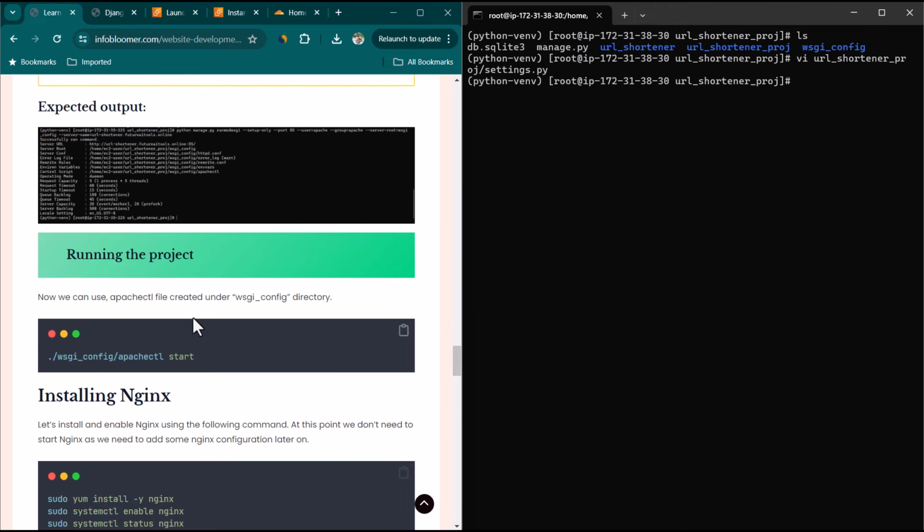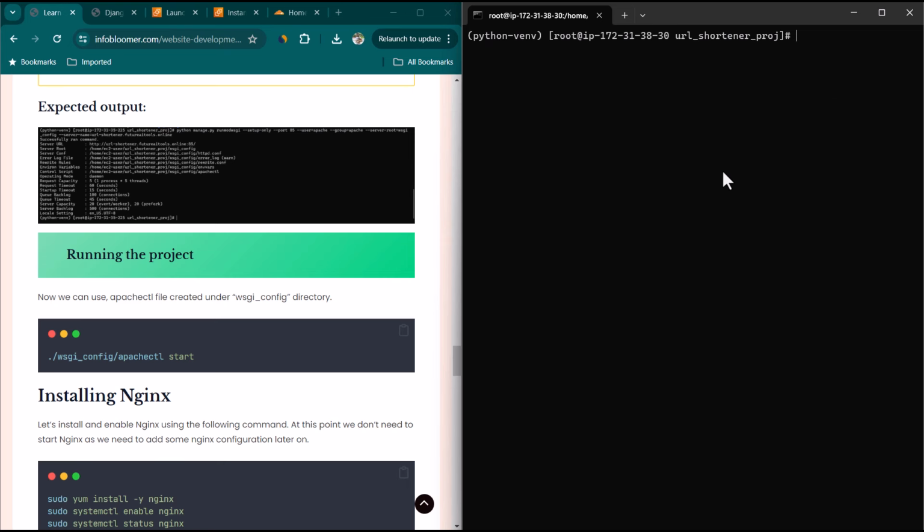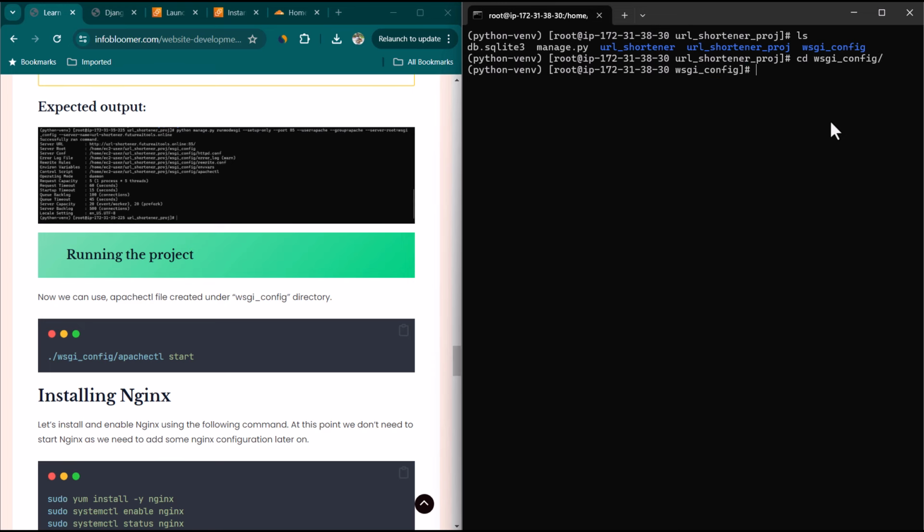Now we can go ahead and start it. So let's go ahead and do /wsgi_config, and then we need to go to apachectl, and then we can write start. Hit enter, and you're not going to see anything here, but let me clear the screen and do ls. So you can see we have a directory which is called wsgi_config. So we can move inside this directory, and then if we do ls, you can see we have the apachectl